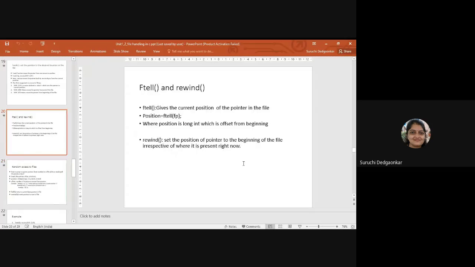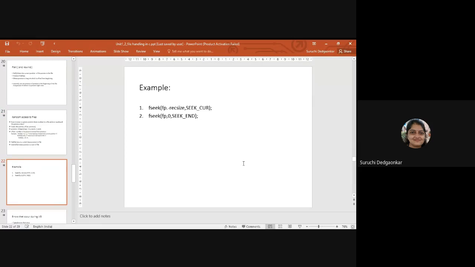Now there are different errors which can happen when we are using files, and we have to take precautionary measures. If there are any errors happening, then you have to check what those errors are, and only after confirmation you have to proceed. So how to handle the errors in case of files? There are several mechanisms which we will be using.